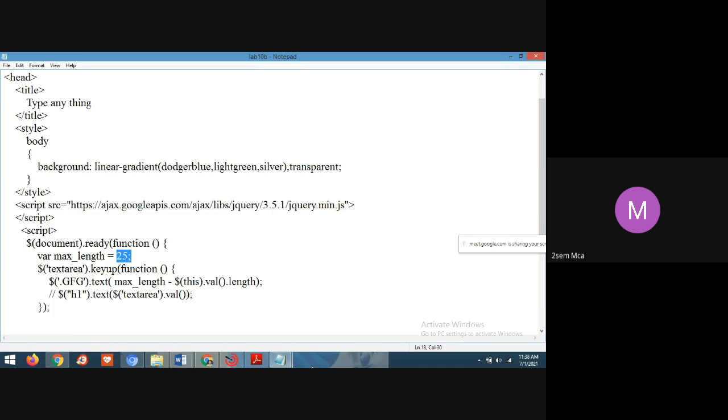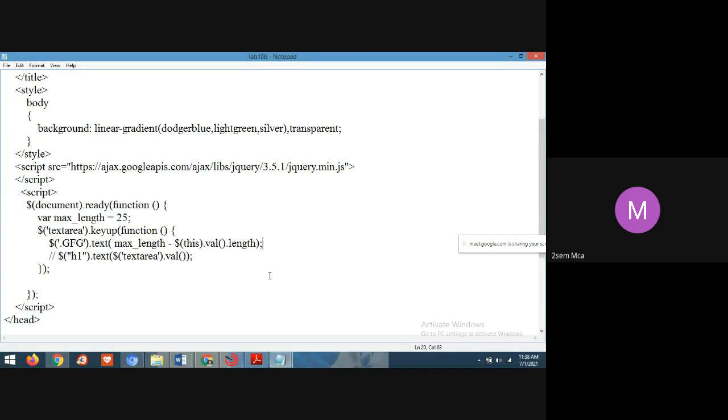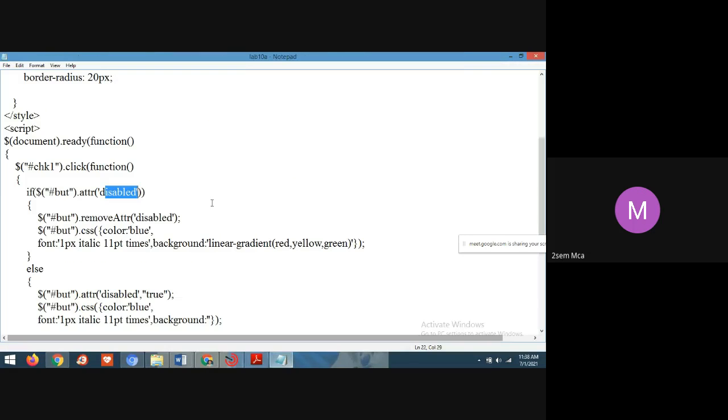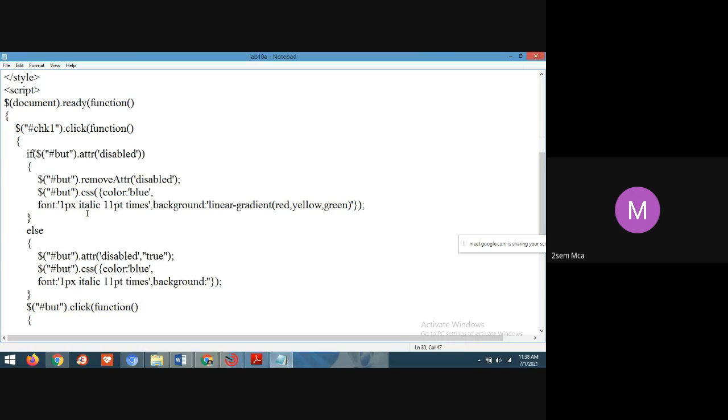So the button is becoming enabled. He has defined the background color, that is red, yellow, green.